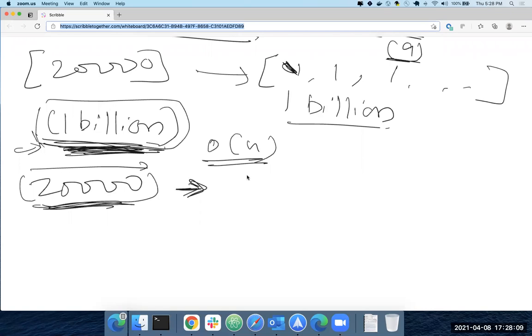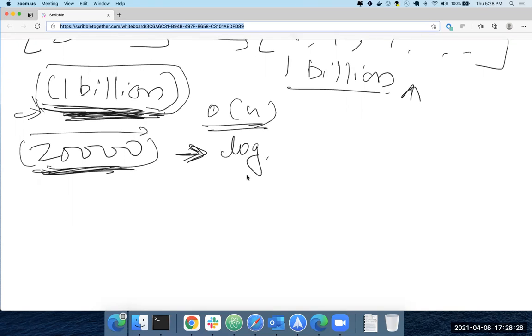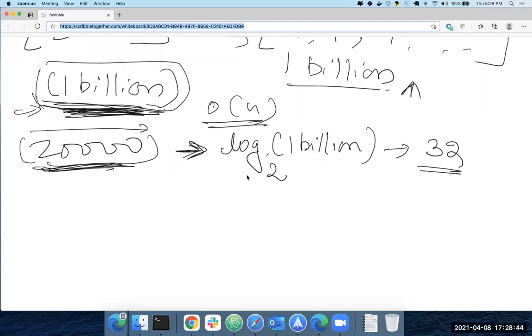Okay, Padmaja, you said you search for 200,000 here, right? Yeah, because the array is sorted. If we want to match, then binary search comes to mind while looking for that number. That's what I was getting at. Okay, Deven, so what's log of 1 billion? That's still a big number. It's still just 32. So at worst case, you have 32, since 2 to the power 32 is 1 billion searches to find a number.